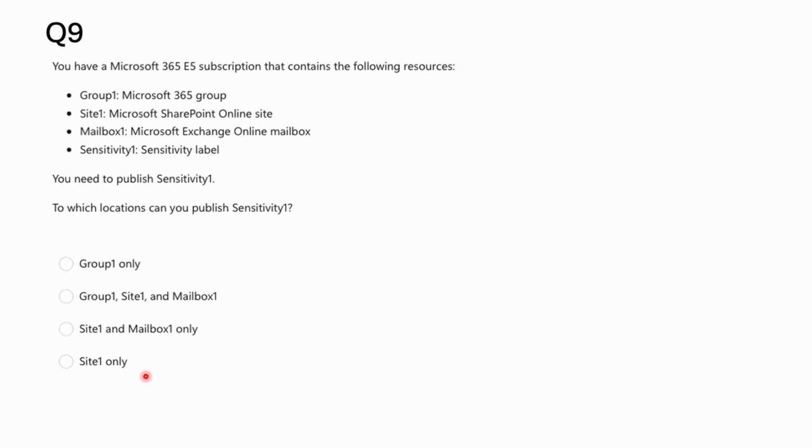So whenever we are publishing a sensitivity label, the only available location is users and groups. The sensitivity label can be published to users, distribution groups, and mail-enabled security groups. Also, it can be published to Microsoft 365 groups. Unlike retention labels, which are published to locations such as Exchange mailboxes, sensitivity labels are published to users